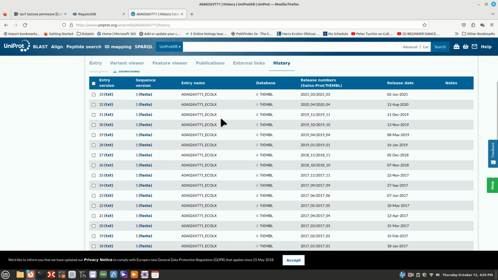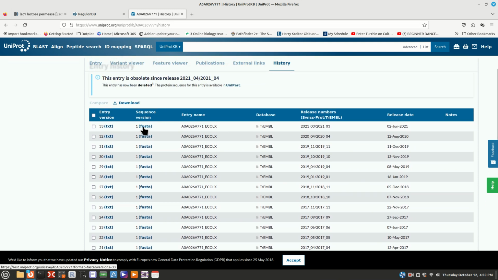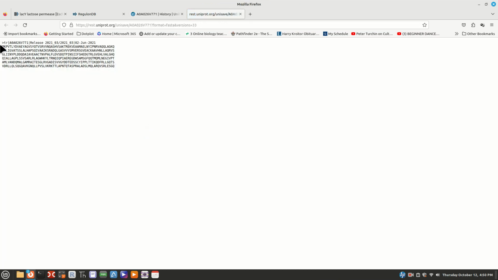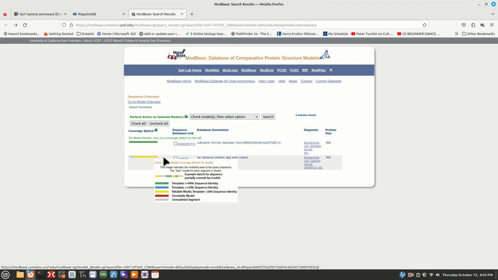And yes, this is more like a history, I believe, but these give you FASTA sequences. Oh, it's release dates. At different times they improve the sequence, find out they made a mistake, stuff like that. And so here's an amino acid sequence that they have found, find new versions, and that's kind of a time history. Let's go to this one,